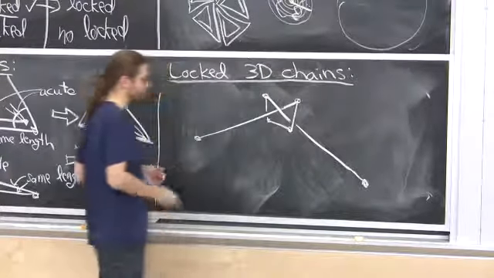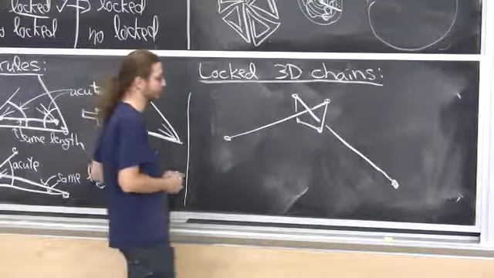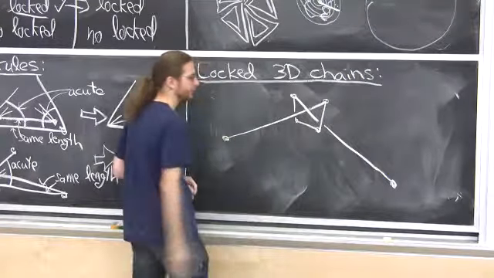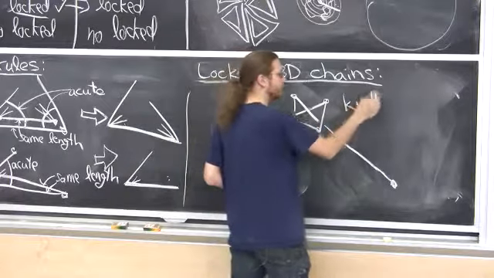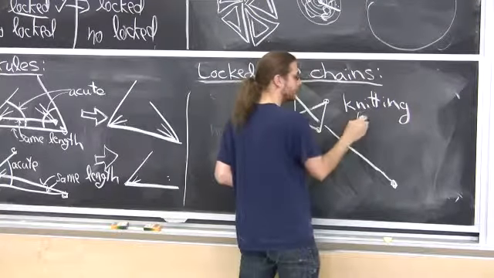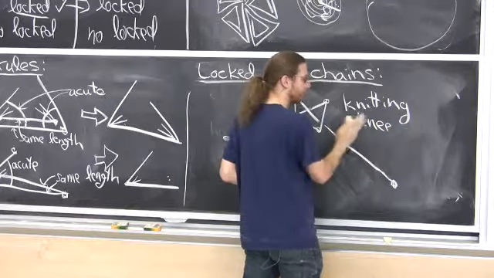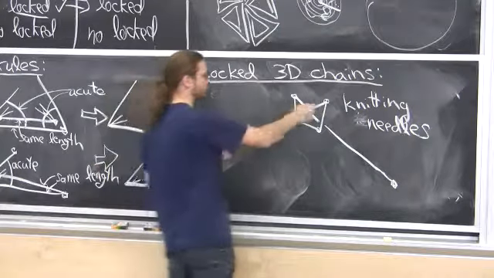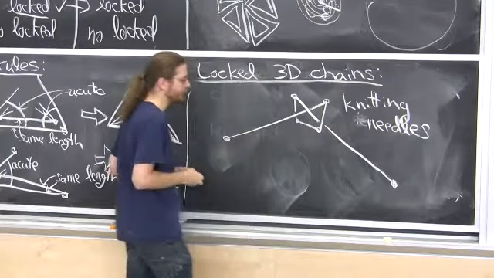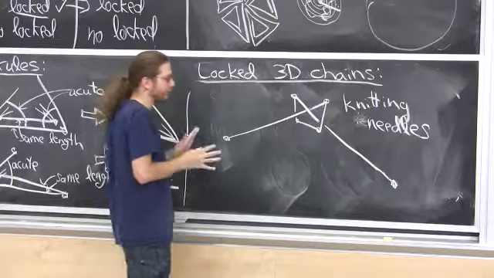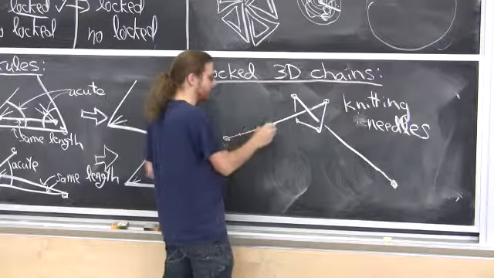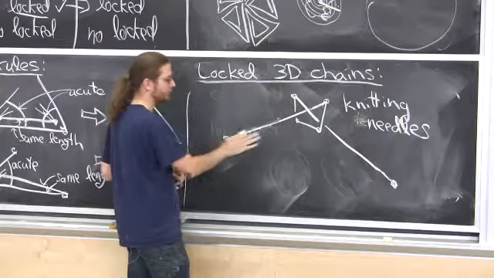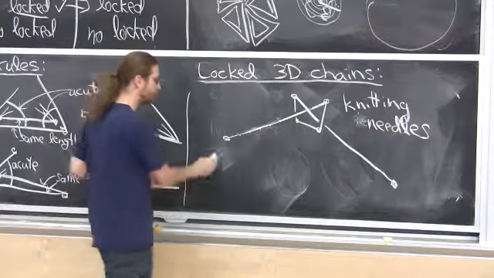I may have shown this example last time, or in lecture 1, but here it is again. 3 bars in the center and 2 really long bars in the ends. We'd call this knitting needles. And because it's like 2 knitting needles with the short string connecting them, tied in a knot, sort of. Topologically, this is not knotted. If you could add extra creases here, you could pull that through, no problem. But if this is rigid, like a linkage, then this thing is locked,